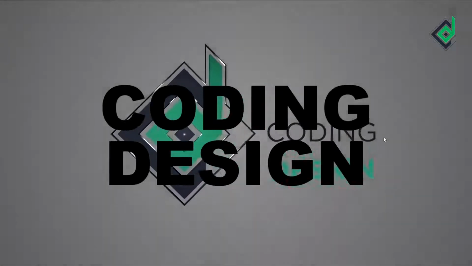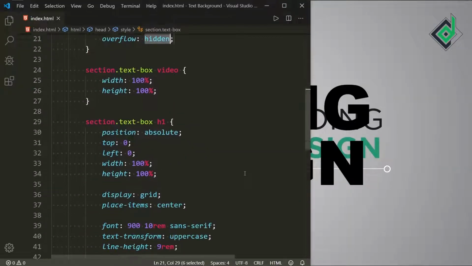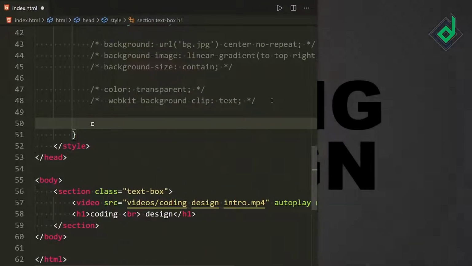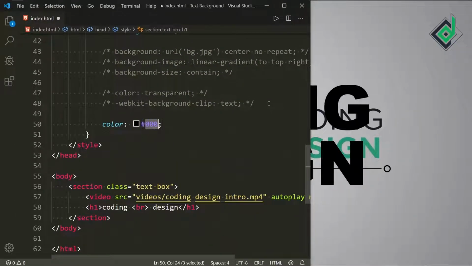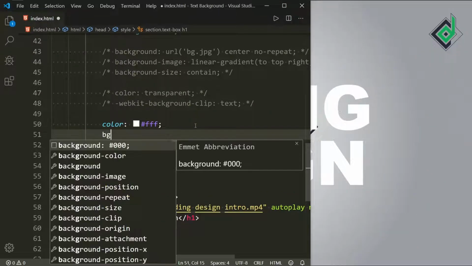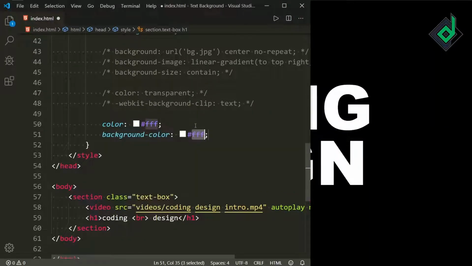Now in order to add the video inside text background, first of all let's give the color. For the color I'm giving white color, and also let's give background color. For the background color I'm giving black color.